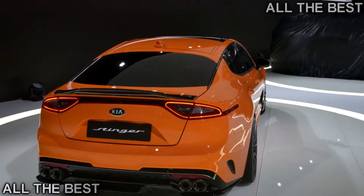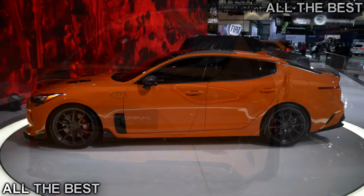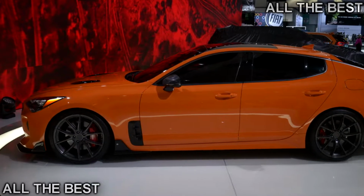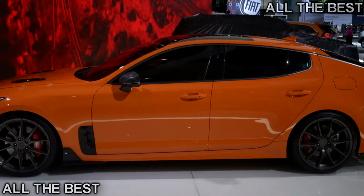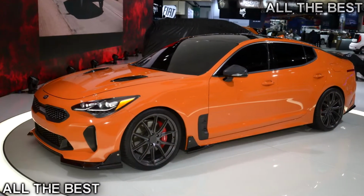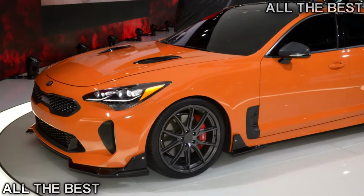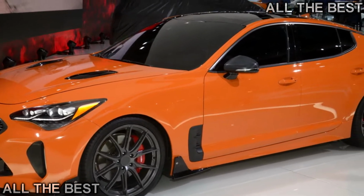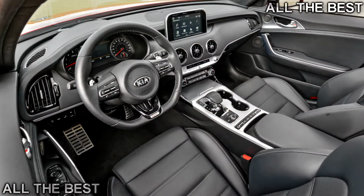Prices for the 2018 Kia Stinger start from $32,800 in its base version, which is powered by a 255 HP 2.0-liter turbocharged 4-cylinder engine paired to an 8-speed automatic gearbox, whereas the GT starts at $39,250, featuring a 365 HP 3.3-liter twin-turbo V6 engine. Customers will have to choose between 2 trim levels available with the latter powertrain, called GT1 and GT2, priced from